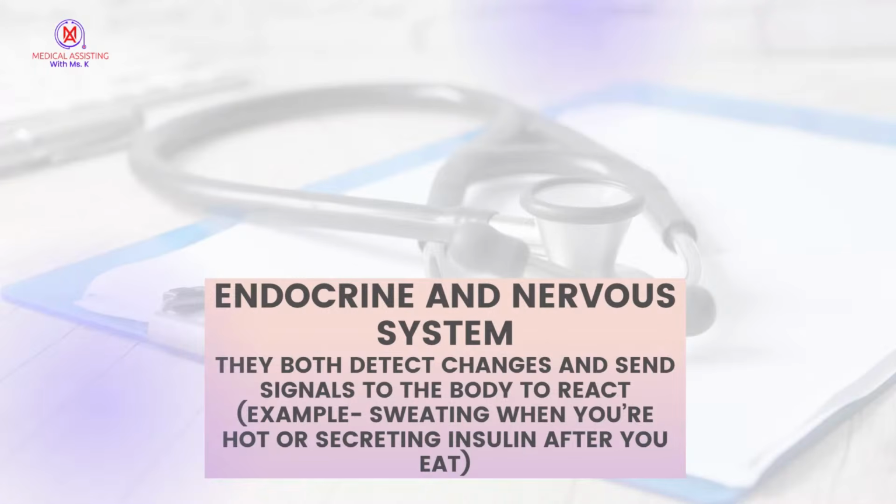They both receive signals. For example, let's say you touch something and it's hot, your brain will, first of all, let you know it hurts, and then make you jerk your hand back, right? Just stuff like that your nervous system does to send signals to the body and to help it react. And then the insulin I was mentioning, when you're eating, our bodies secrete insulin, especially as our sugar levels rise.